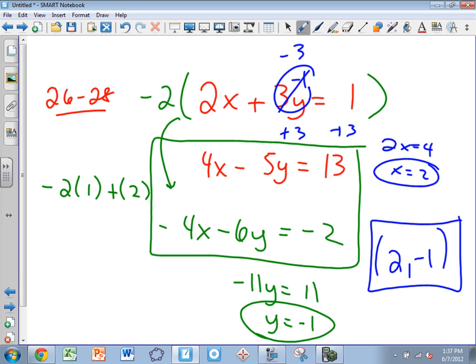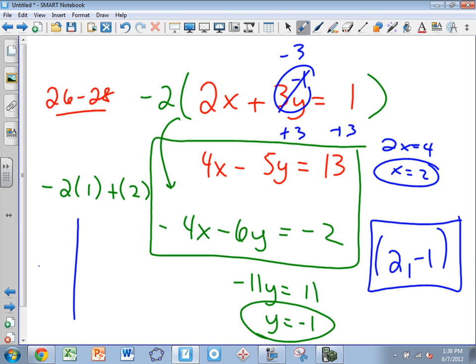Okay? Now, there are other ways to solve these problems. As Bridget said, you can solve for y in one of the equations and plug it into the other, which is called the substitution method. That's a fine way to do it also, but that doesn't necessarily make it easier. Another way to solve these, believe it or not, is to graph them and find the intersection. If you graph these, the intersection on the graph would be the point (2, -1). Remember, the intersection on the graph of two lines